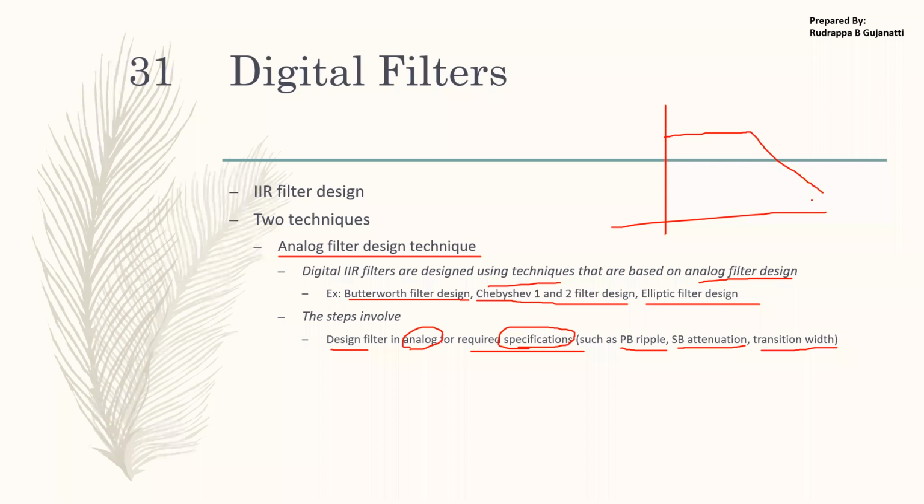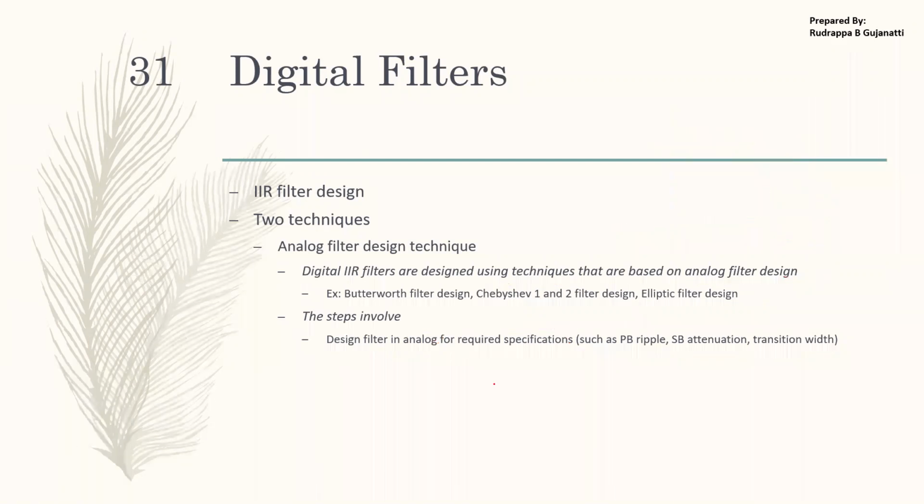Say for example, I am just taking a simple case. What is the ripple that should be allowed in the passband? This is the ripple region which will be present. And what is the transition width when the transition is happening? And what is the attenuation that will be introduced, whether it should be, say, by a decade or how much? So what should be the slope? You also decide how fast the transition should happen, whether it should be slow or fast. Those are all the specifications you look out for.